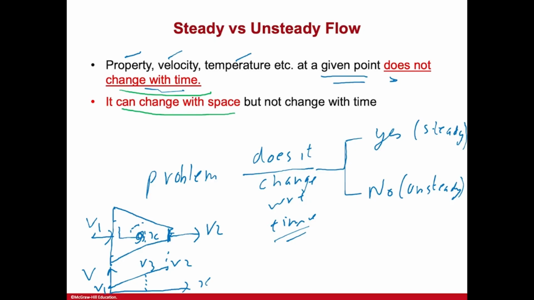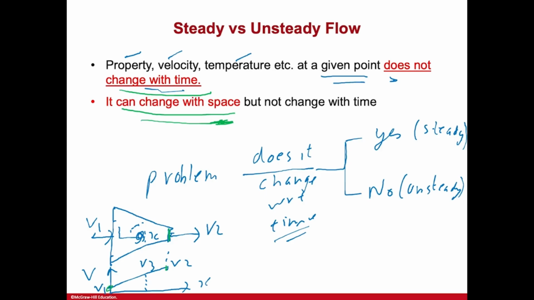The velocity or the parameter or the property can change with respect to space, that is in x and y and z direction, right? So spatially it can have changes, but as long as it's not changing with respect to time, it is still a steady problem. So this problem is still steady. If you look at this location of the outlet, you have a velocity v2, which is definitely different from the inlet velocity that you had of v1,